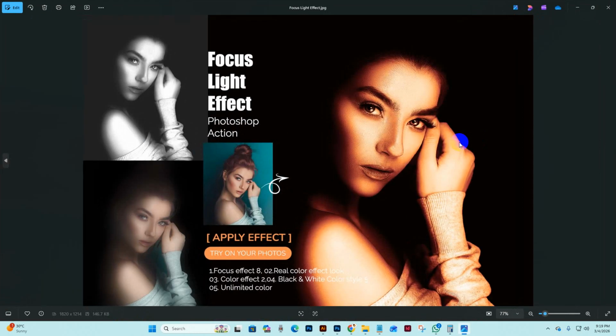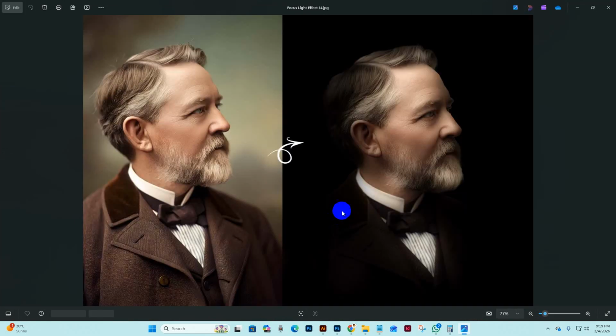New Photoshop action, focus light effect. You can edit everything, and 10 collection, focus effect, and real color effect, black and white effect, and unlimited color changer. See, this is the real color tone,